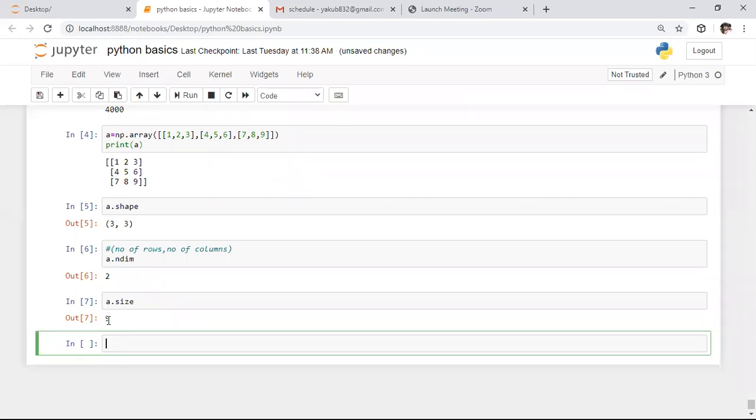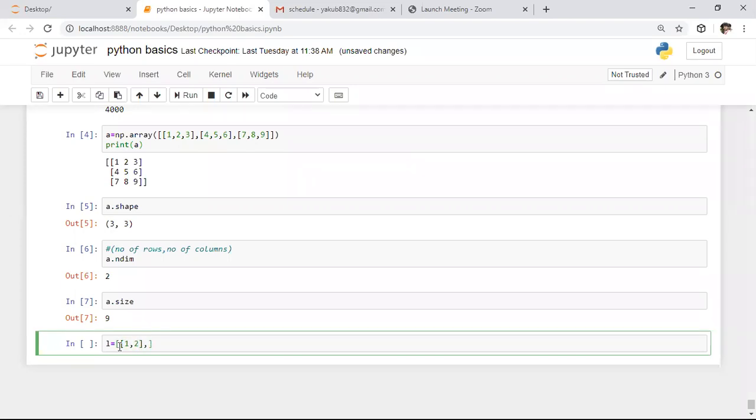If you want to convert a list into a numpy array, we have the numpy array typecasting function. Initially I want to define one nested list. In this nested list, I'm specifying 1, 2.